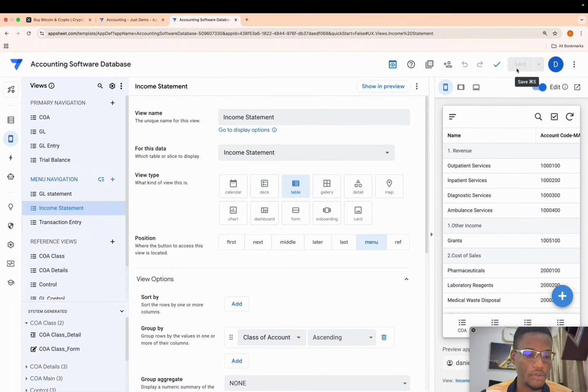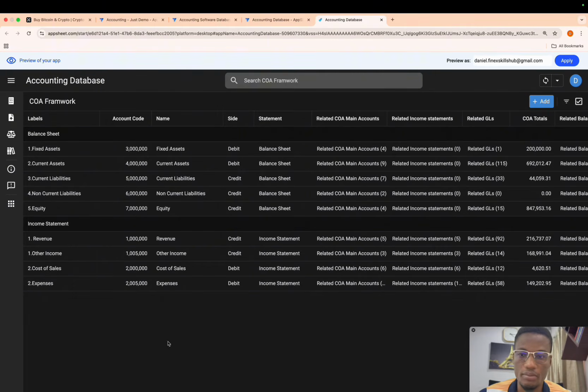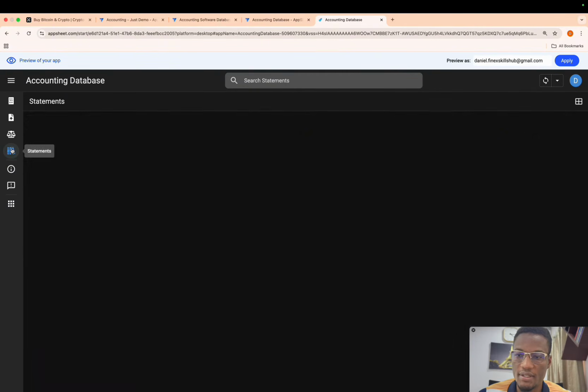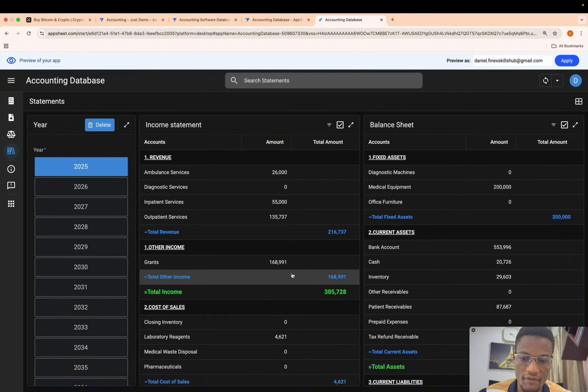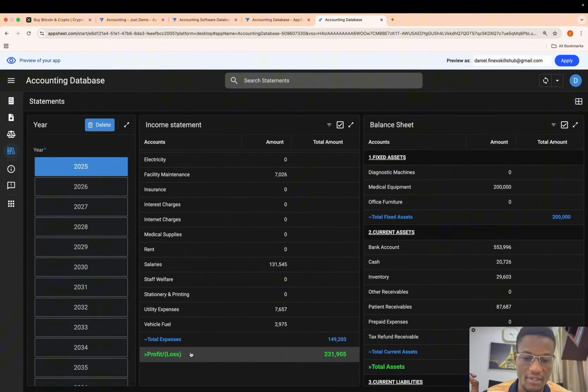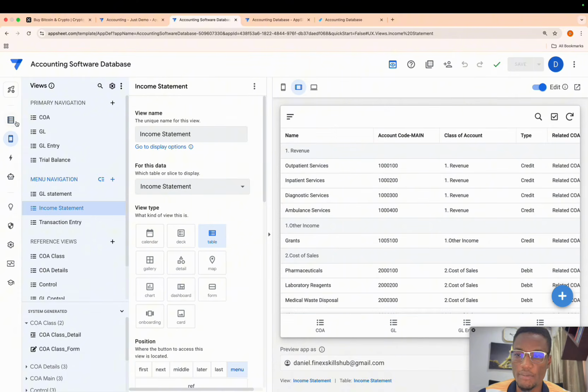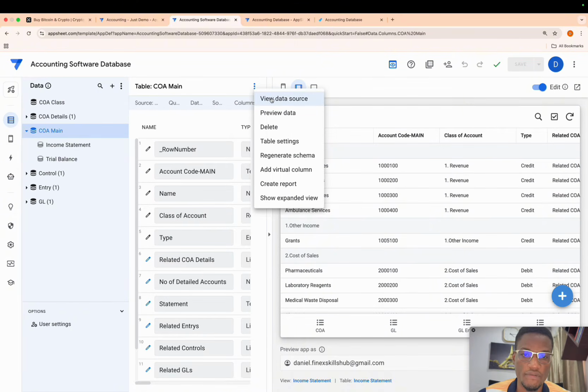Great. Now, what we want to do, in addition to having the various lines, right? Let me put this in tabular view. So in addition to having just the income statement lines, we need totals, right? That will show total revenue, total other income, total cost of sales and whatnot. Okay, so what I mean is when it comes to the computer version and come to statements here, you see you have total revenue, total income, you have total cost of sales, gross profit, and we have what? Profit and what? Total expenses. So we need to add these lines to currently our existing income statement. So what we're going to do is come here and we'll go to our spreadsheet. So I'm going to click view data source.